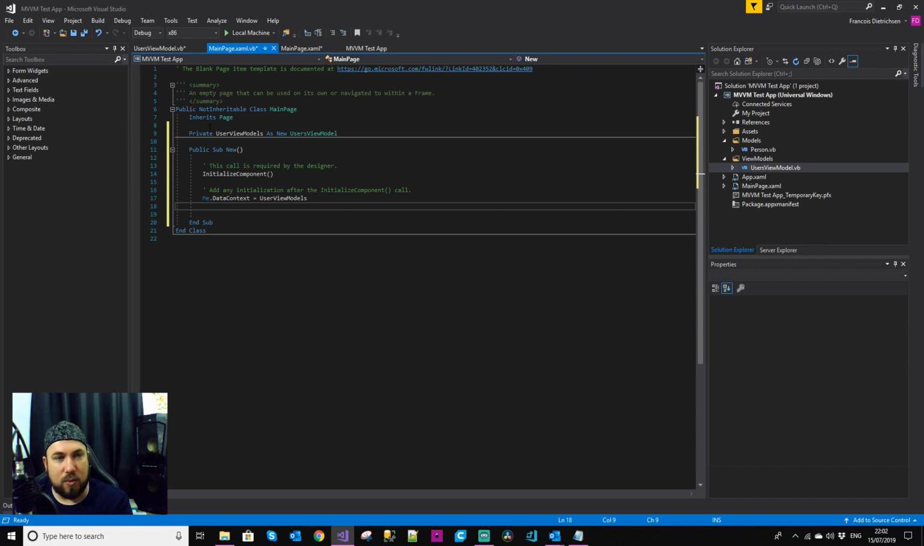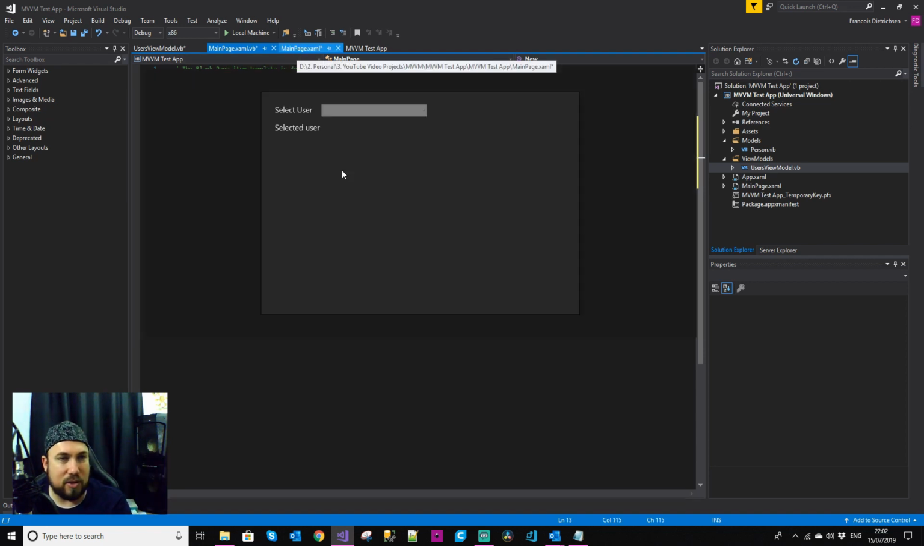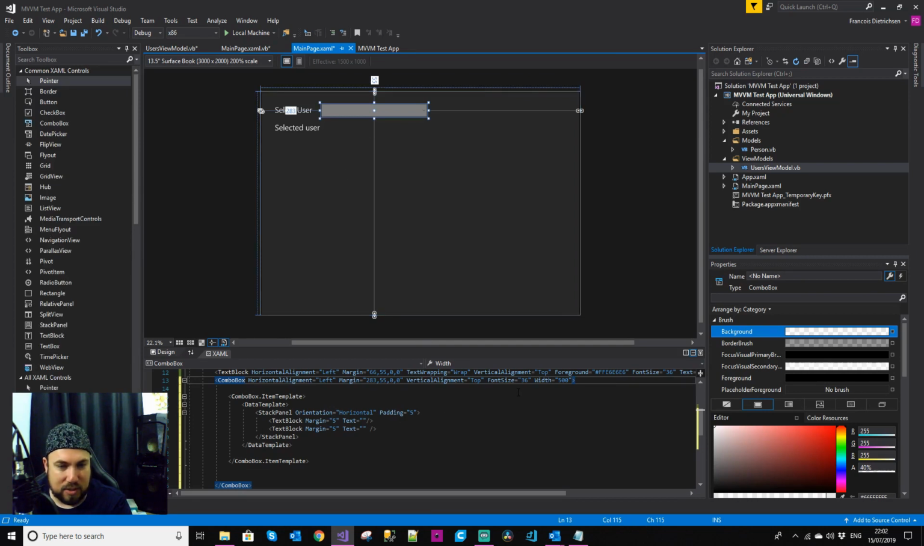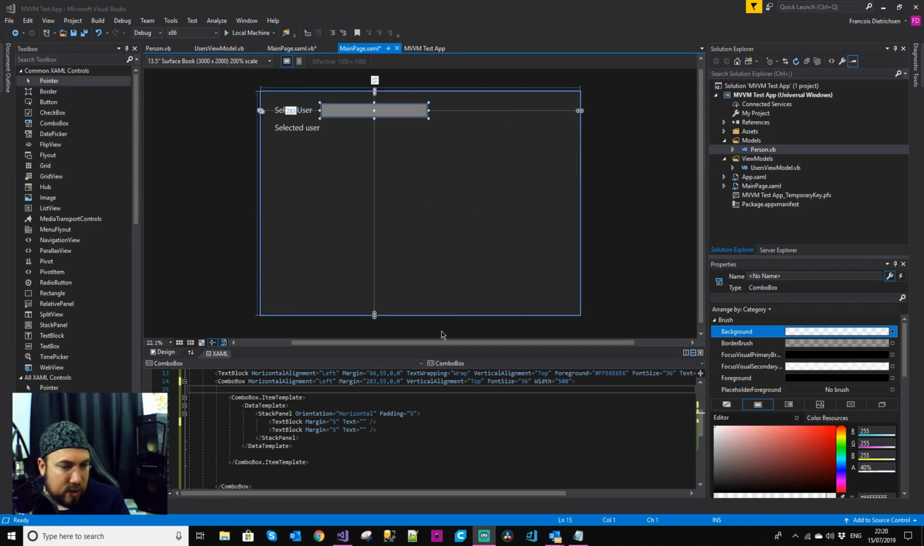Okay, so we've brought in an instance and we've used that same instance as our data context. That means we've now tied this user view model to the UI, and that's how you do it. And you can see it in the next example. If I go to the main page into the XAML, okay, so if we look over here,